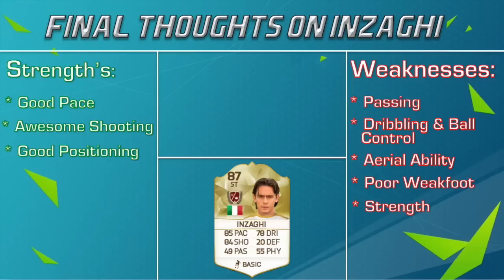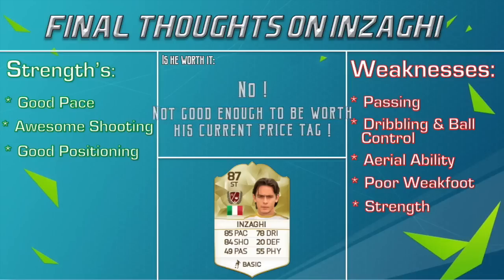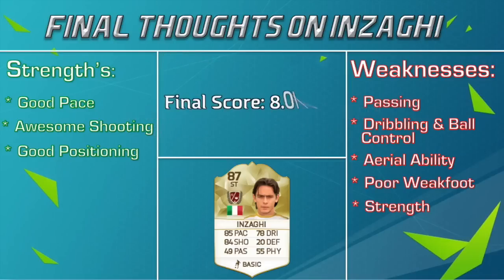Aerial ability as well for me with Inzaghi wasn't the best. He was the sort of player that just would not attempt to win the ball in the air at all. His weak foot for me was very inconsistent and unreliable. He missed a lot of opportunities inside the box with his weak foot. Granted, he did score 1 or 2 goals for me on his weak foot, but that's literally all he did. He did manage to miss loads of opportunities. If he scored every opportunity with his weak foot that I did create, then he would probably have scored double